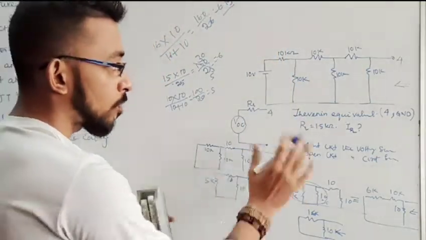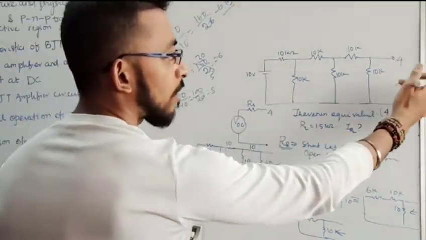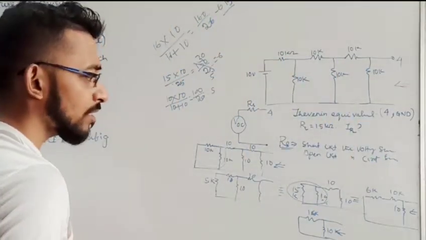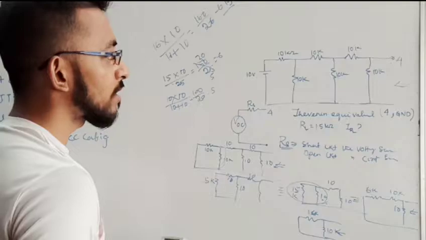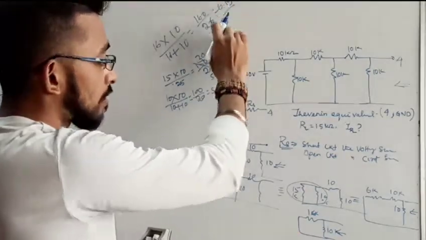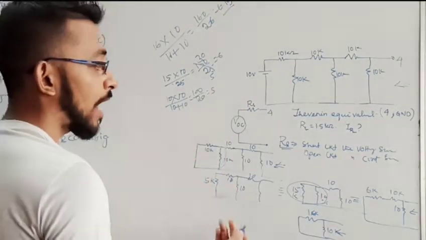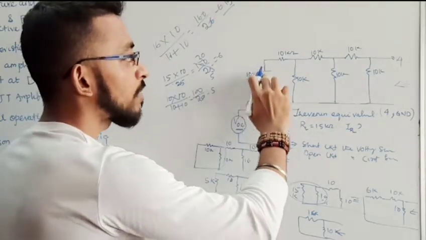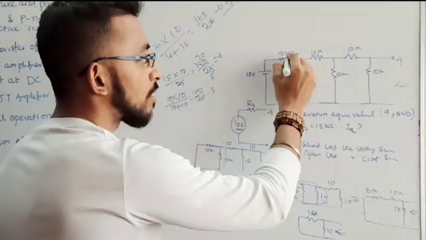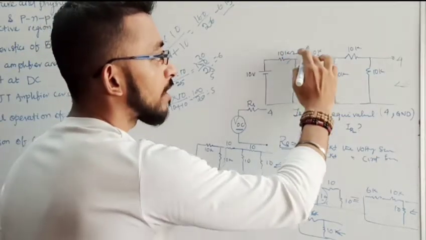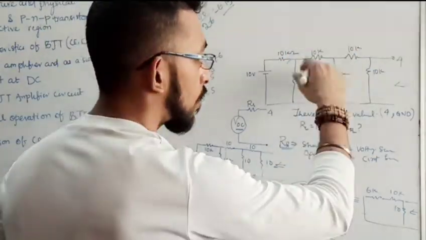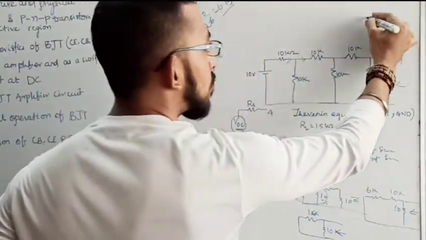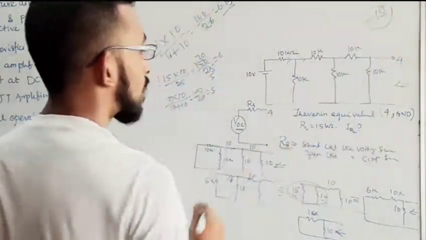6.15 kilo ohm is the equivalent resistance from this side. I am looking from this side, and this is the equivalent resistance. But here the complication is that, as I found this 6.15, now I have to find my VOC. For VOC I have to start from here and divide current. Here the current is the same, here the current will divide. Accordingly my whole scenario will change. So let's see that one. This is the equivalent resistance. Remember, this value of equivalent resistance is 6.15.